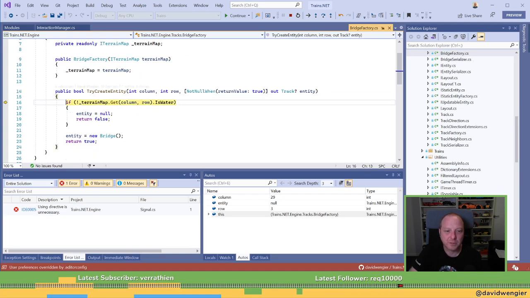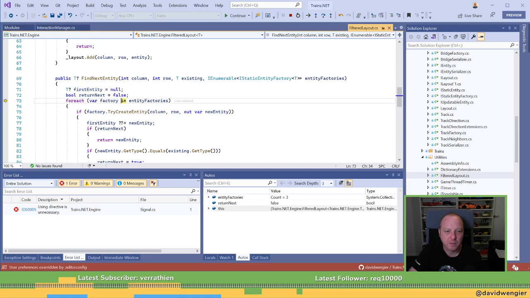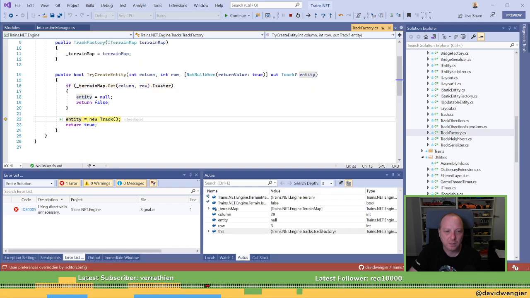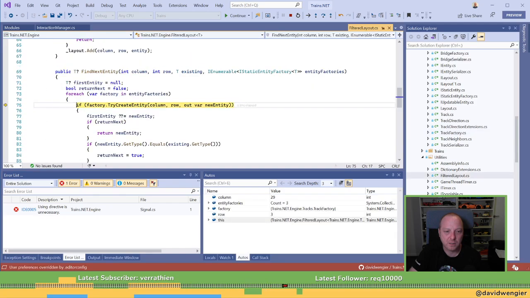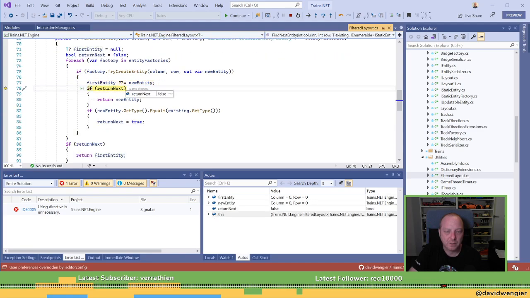So bridge factory is not going to create it because we're over water. Not over water. Track factory is going to create it. A new entity. We're not returning the next one yet. That's fine. But our first entity is that.